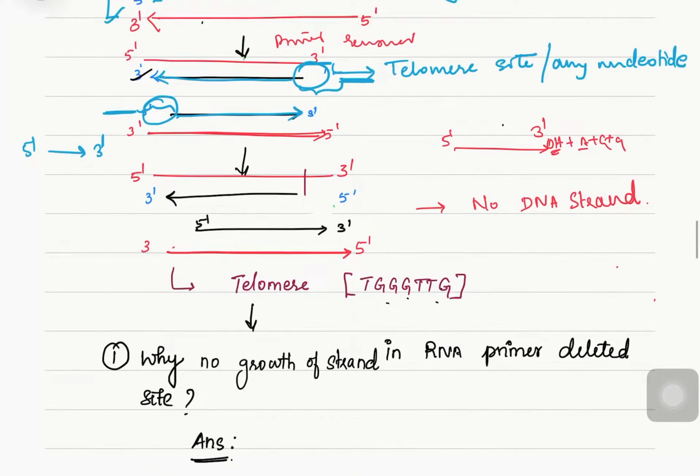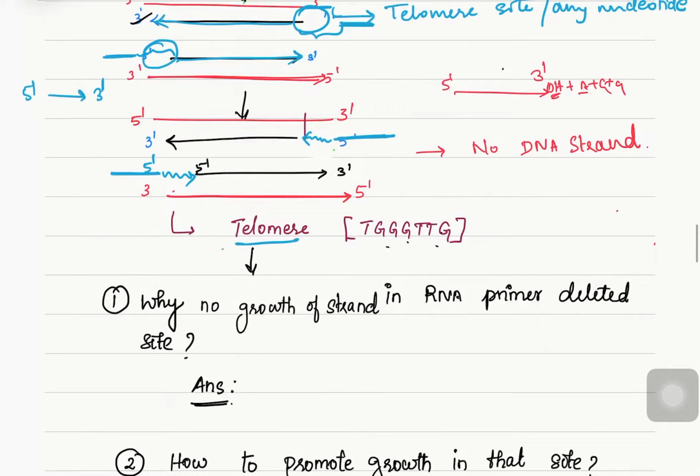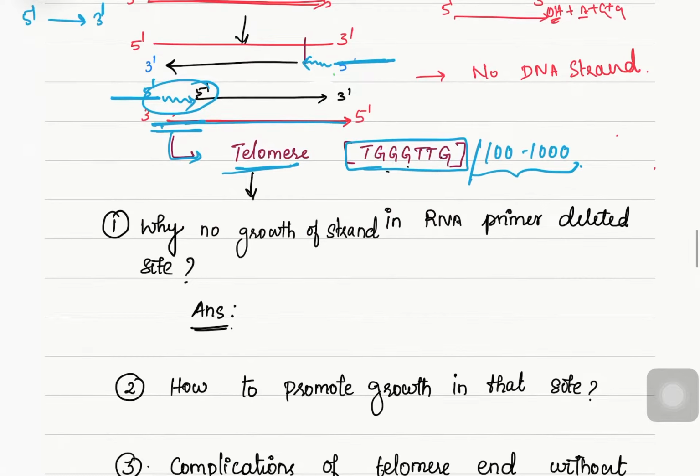So we need one sequence here on both sides. Once it is there, it can elongate in 5' to 3' towards the hydroxyl group. Similarly here, now this will become 5' and it continues like this. Yes or no? Yes. So next we will see what is telomere, and how a sequence is formed at this telomere site. Usually the parent strand which is elongated has a telomere site with more guanine nucleotides. This guanine nucleotide will have almost 100 to 1000 repeats, and these are called telomere repeats.